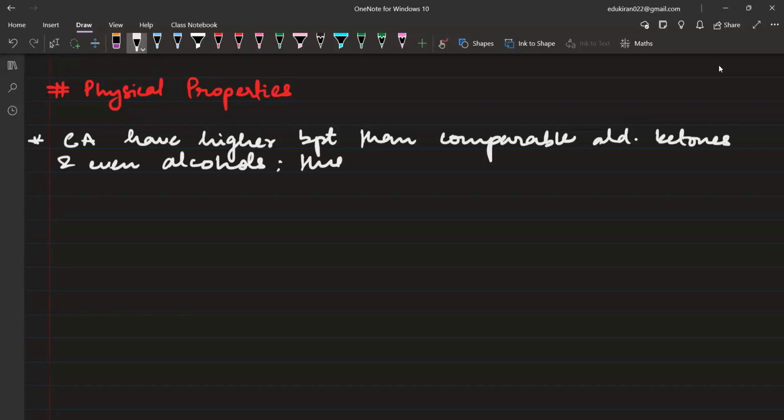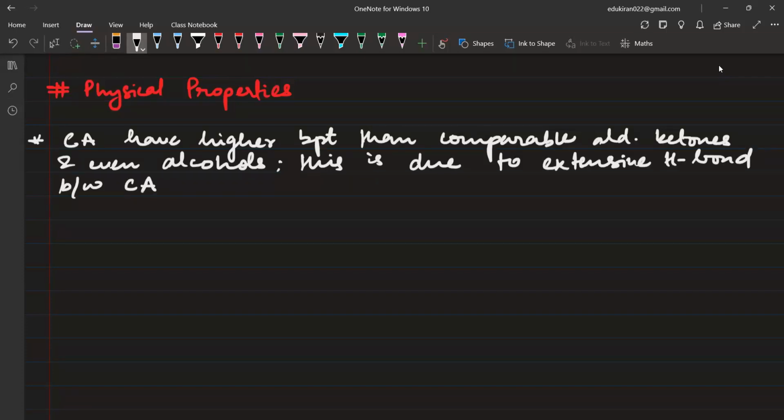Right, this is due to extensive hydrogen bonding between carboxylic acids, which enables them to form